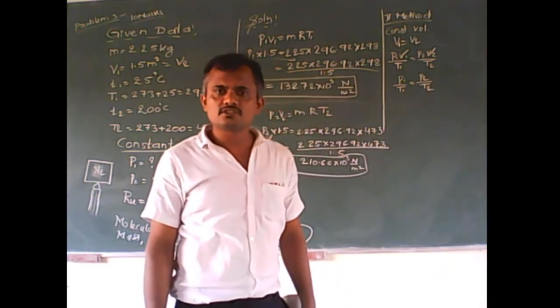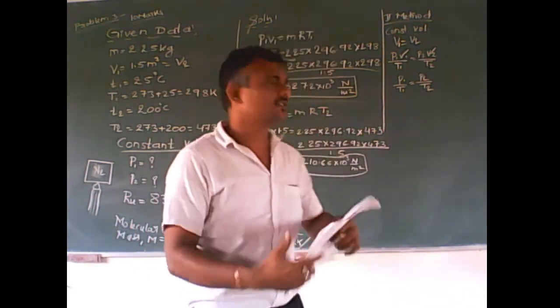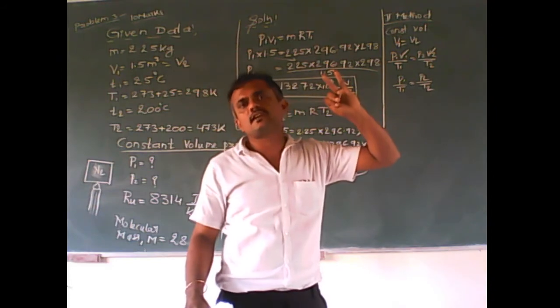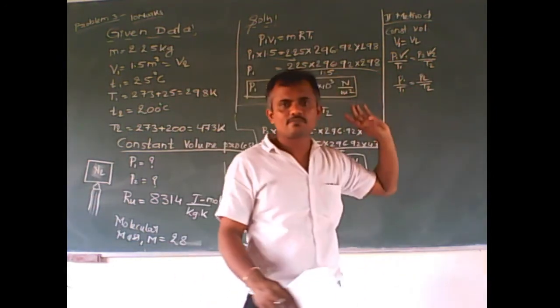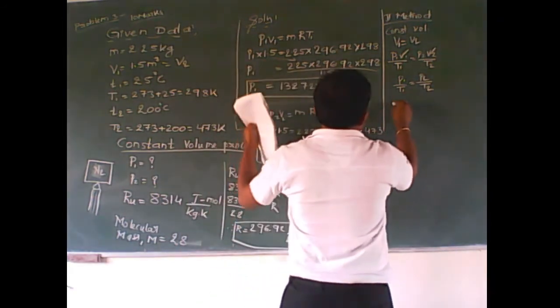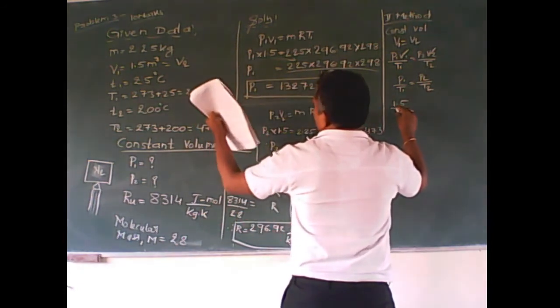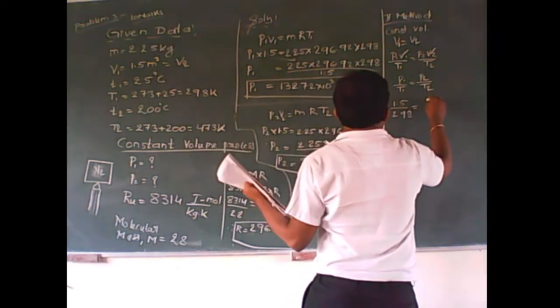So this is a relationship according to PV, VT, PT. So there is a relationship between PT, Boyle's law, Charles law, and the third one is Gay-Lussac law. So according to Gay-Lussac law, P1 by T1 is equals to P2 by T2. So directly you can substitute the values here. P1 is how much? 1.5, and I would like to take 1.5 divided by T1, taken as 298, which is equals to P2.